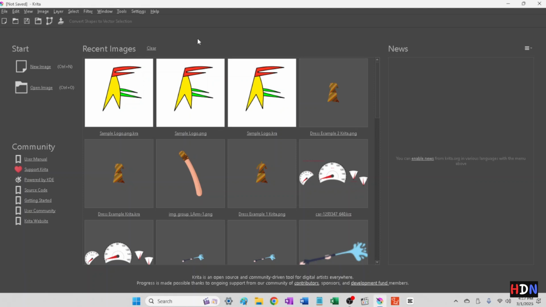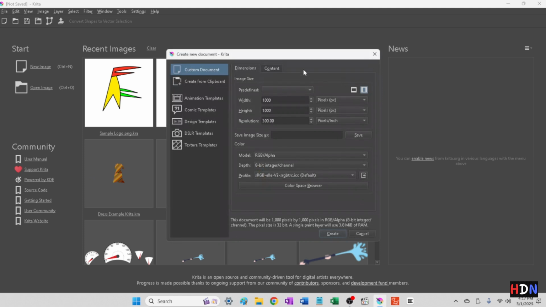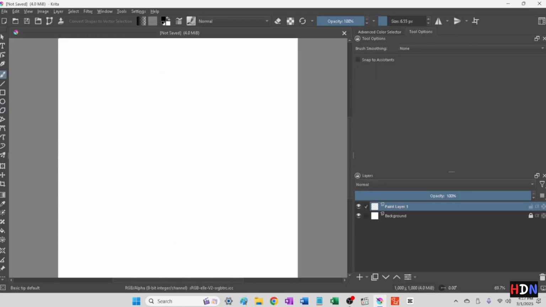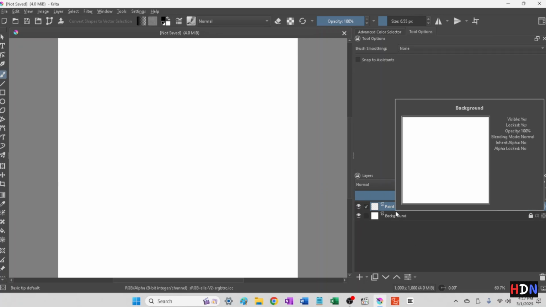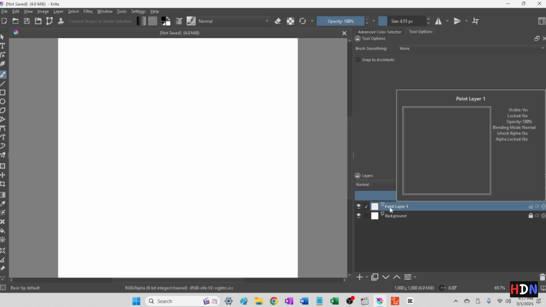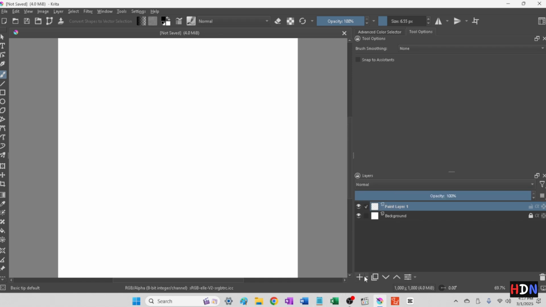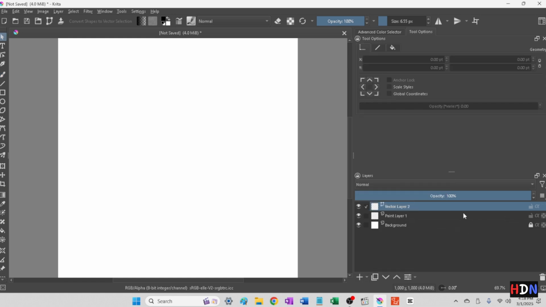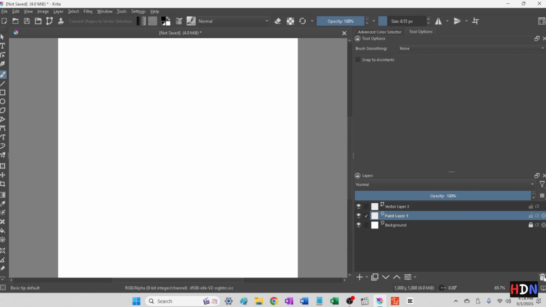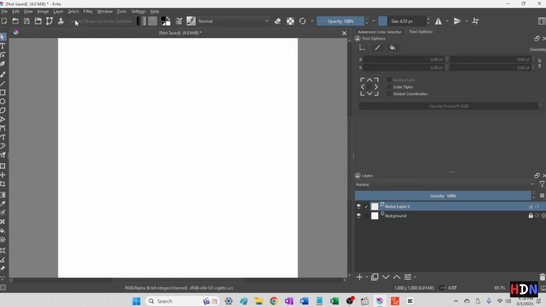All right, I want to start fresh and new with the new image, and I'm going to go 1000 by 1000 with the 300 resolution. Everything else is a default setting. Okay, and it's going to start you out with a paint layer, but we're going to just come right on down here and say add a vector layer, and you can just go ahead and delete that paint layer. Okay. All right, so now on the vector layer, what we're going to do is grab this